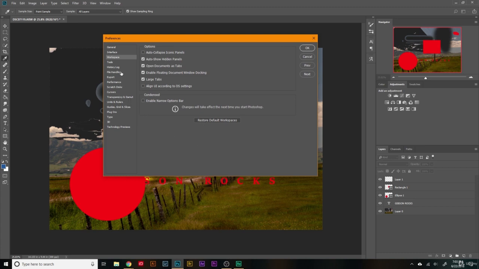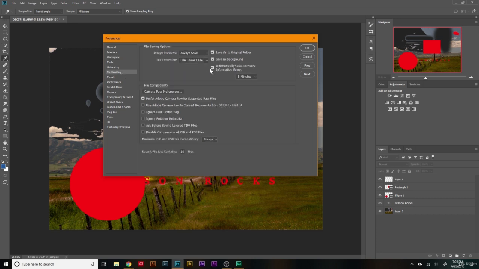And the next thing we're going to do is go to File Handling. And this by default is not selected. Under File Saving Options, I love to have this on. It'll automatically save my document every 5 minutes, or I could change how often. If you have it more often, it'll slow down your computer a lot. So if you want to change it to 10 minutes so it doesn't interfere with what you're doing, that's fine. I have a fast computer and I need to save every 5 minutes because if I don't, I will